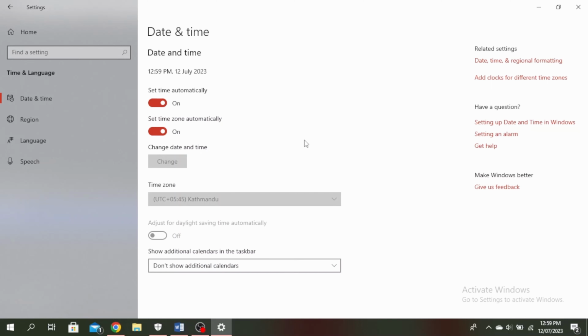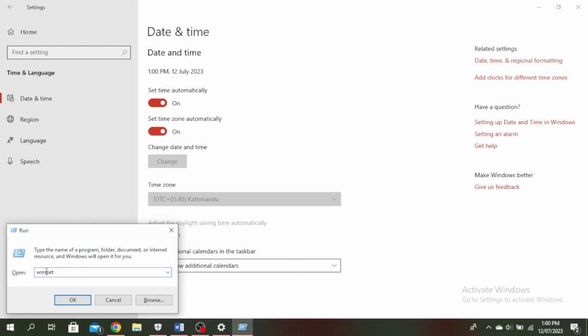So another thing you can do is reset your Microsoft Store cache, and you can do that by clicking the Windows and R buttons. And then go ahead and type WSReset and then click on enter. So this will reset your Microsoft Store cache. So this is how to fix the